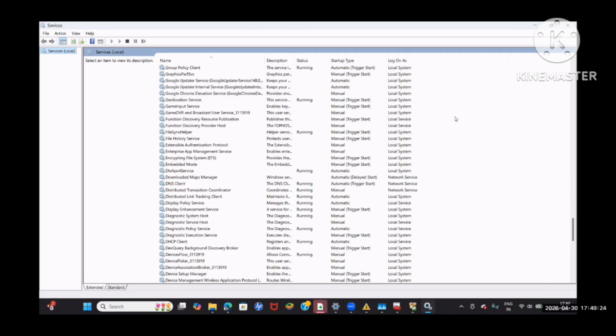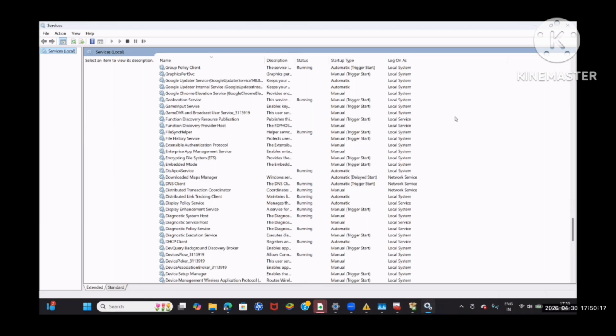When I'm installing SQL Server, I'm getting two services, right? Tell me which account I need to use for the SQL services. Either local system, local service, or network service. Which account should run my SQL Server? This is a very important concept.